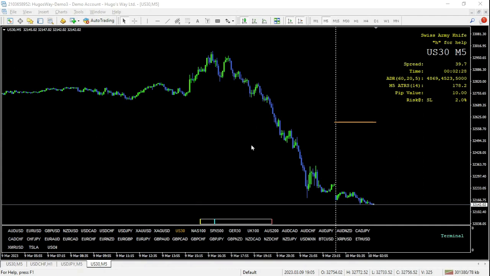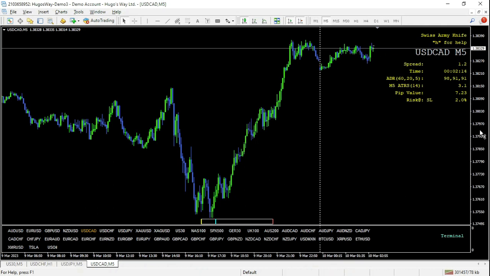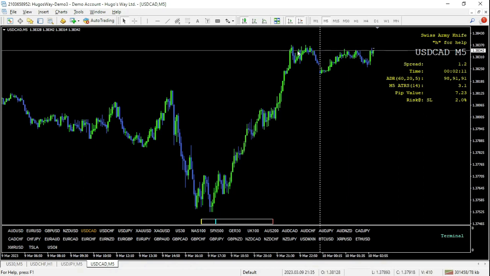The cool margin meter can also show you all of your individual trades and their margin requirements. So let's set up a pending order on something here. You can see how this impacts. So we're at dollar CAD. We've made a big move up. Let's say we're going to expect that there be a retracement, and we want to look for a breakout below structure. So we'll set a pending sell,